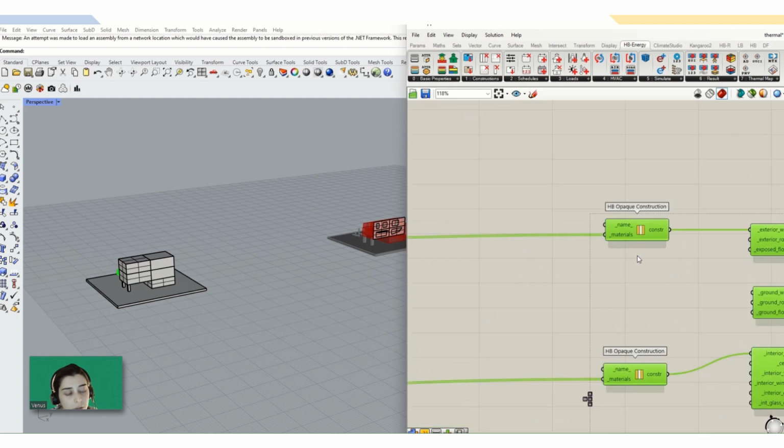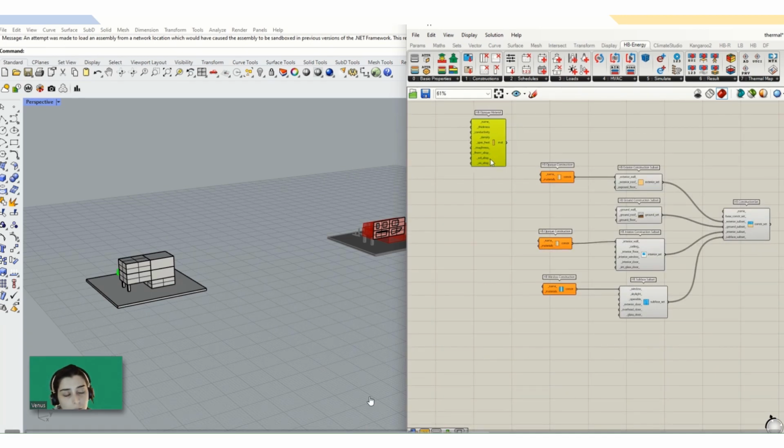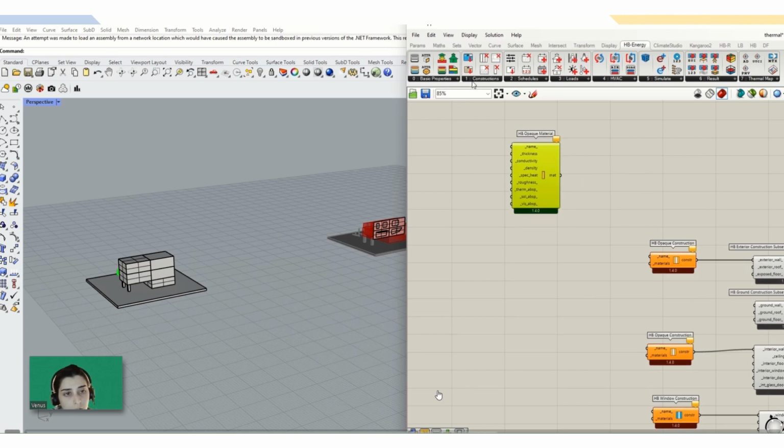Let's copy that one because this part is the same. And let's go to add